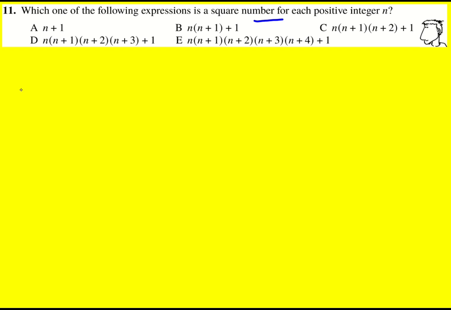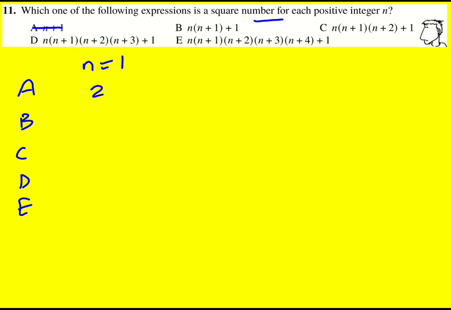So you're going to spend quite a lot of time potentially trying to get a squared bracket which doesn't exist. So an absolutely valid idea, and a good idea actually, is to try some values of n and just see if it works, because we know it's true for each value of n. If it fails once, then we know that one can't be the answer. So let's go with n equals 1. If we put it into A, we get 2, which is not a square number,